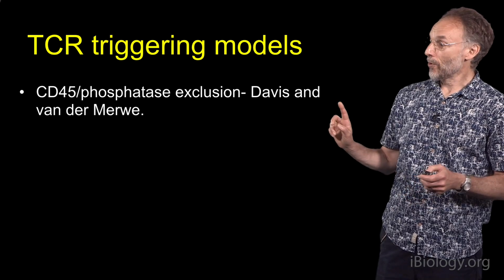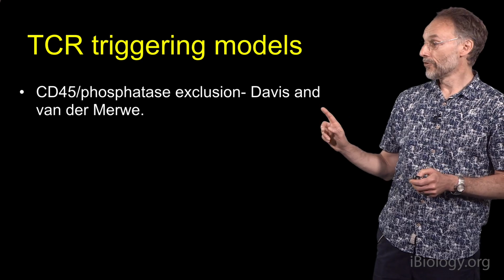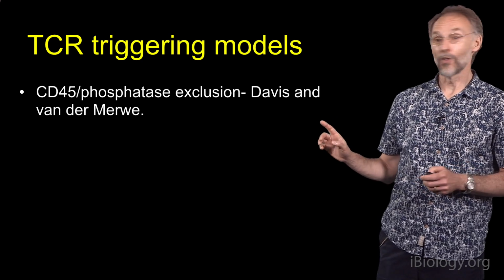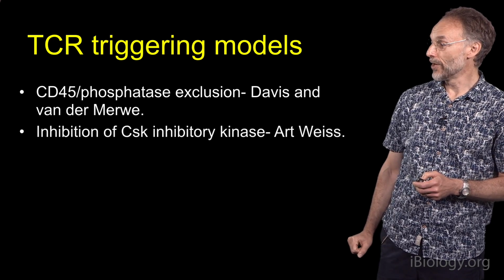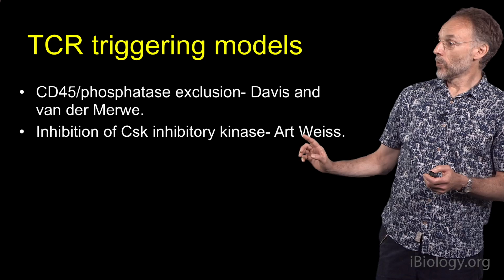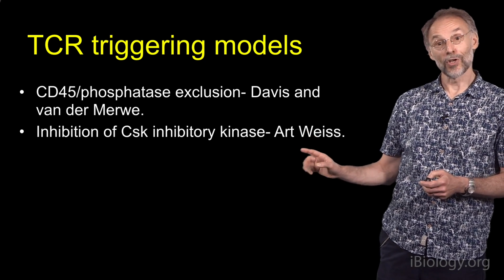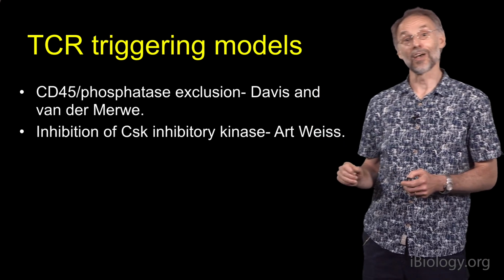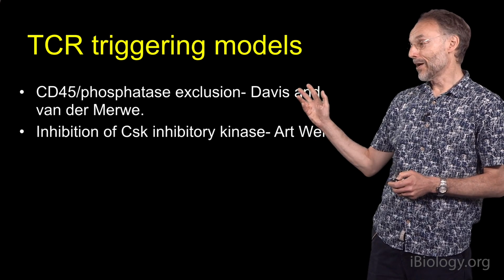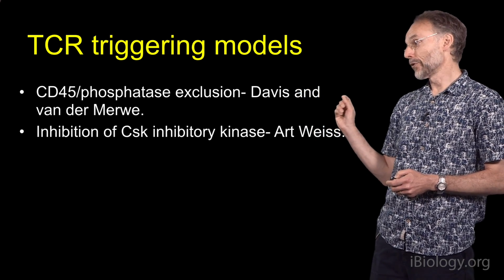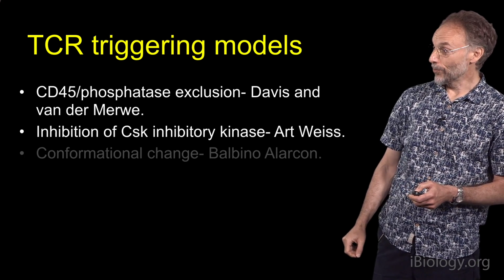So one model for T-cell receptor triggering that accounts for the single molecule sensitivity is this CD45 phosphatase exclusion model. Again, van der Merwe and Davis would be sources to look for more information on that if you're interested. There are other ways to do this, though. Art Weiss has demonstrated recently that CSK inhibition can also trigger T-cell receptor signaling using a pharmacological agent. So either CD45 as the negative regulator of local tyrosine phosphorylation, or CSK to regulate LCK will achieve